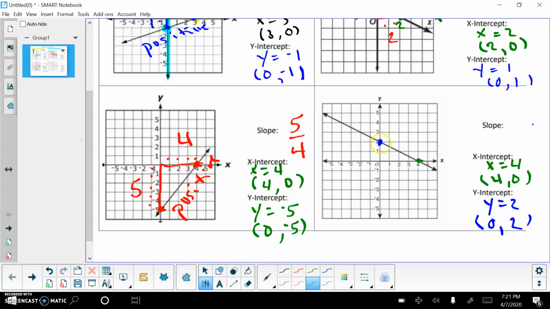If I try to connect these to figure out my slope, actually I want to change that to red. If I count my up and down, it's 1, 2. If I count my across, 1, 2, 3, 4. This is a negative slant. I'm going to put a little negative. The up and the down number goes on top, and the across number goes on bottom. And that's fine, but actually what we'll find out, if you try to divide out -2 over 4, that actually simplifies to